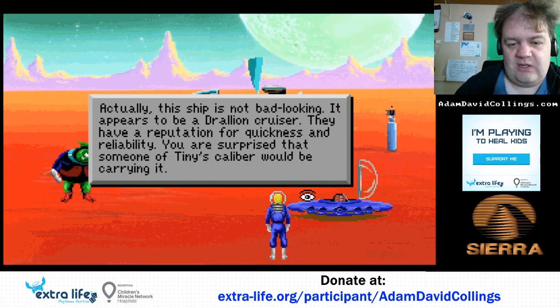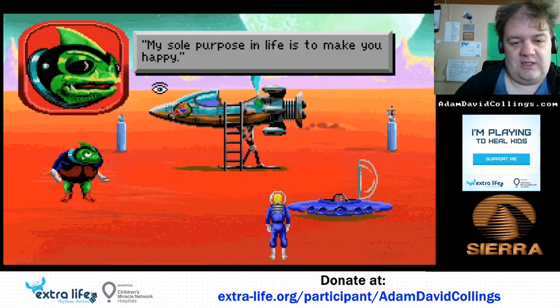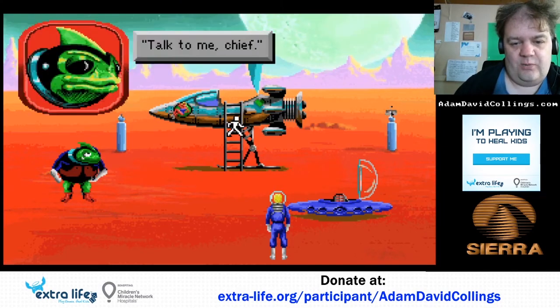It appears to be a Drellian cruiser. They have a reputation for quickness and reliability. You were surprised that someone of Tiny's caliber would be carrying it. Alright, so if we walk a bit closer...